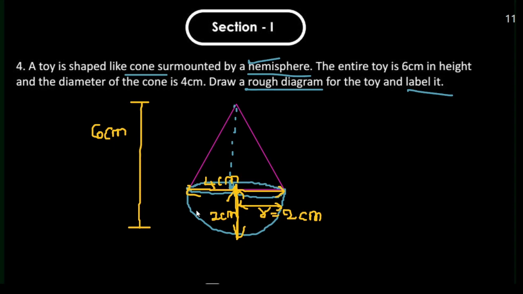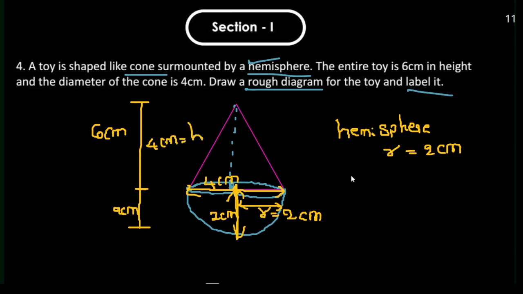Got it? Now that's it. Okay. Here the height of the hemisphere is the hemisphere's radius. We can consider the radius is 2 centimeters. So out of 6 centimeters, 2 centimeters is the height of the hemisphere and 4 centimeters is the height of this cone,